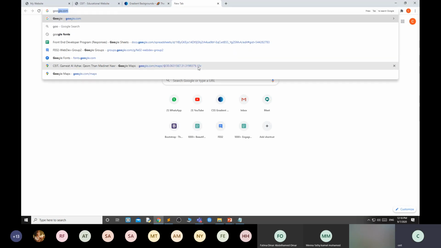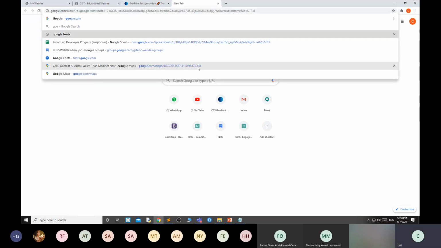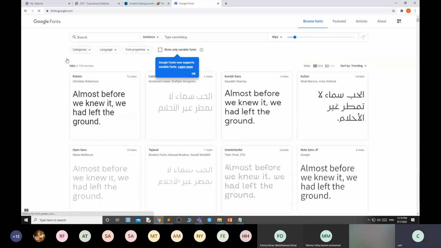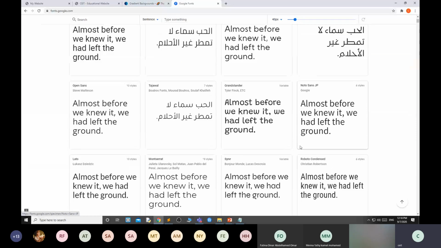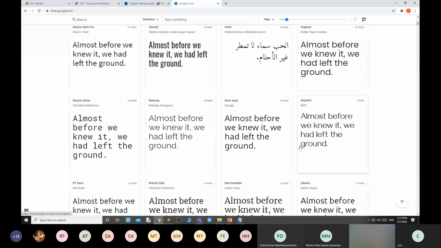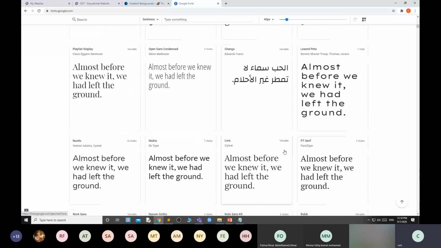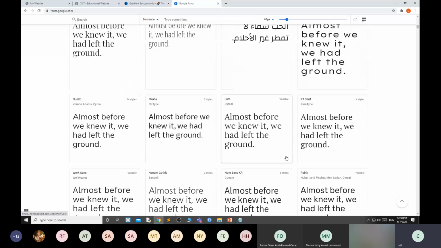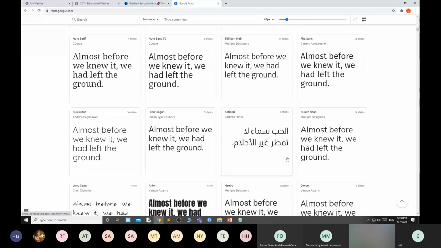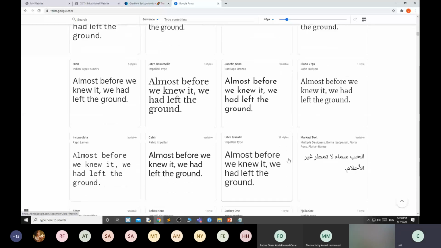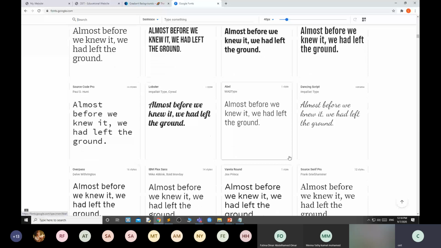Go to Google Fonts. Open the first one and select which font you want. There are a lot of fonts available. Suppose I want this one. Then I can click this one.